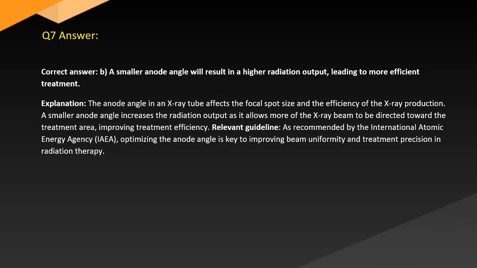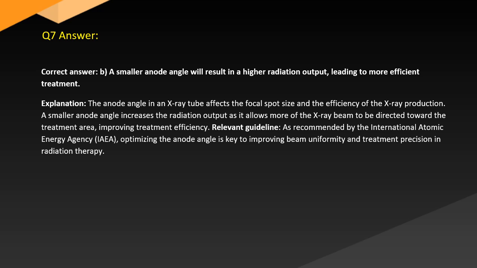Answer. Correct answer: B. A smaller anode angle will result in a higher radiation output, leading to more efficient treatment. Explanation. The anode angle in an X-ray tube affects the focal spot size and the efficiency of the X-ray production. A smaller anode angle increases the radiation output as it allows more of the X-ray beam to be directed toward the treatment area, improving treatment efficiency. Relevant guideline. As recommended by the International Atomic Energy Agency (IAEA), optimizing the anode angle is key to improving beam uniformity and treatment precision in